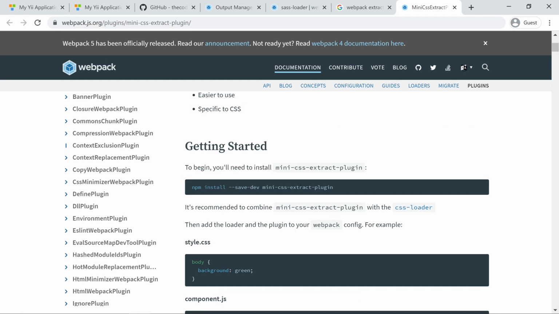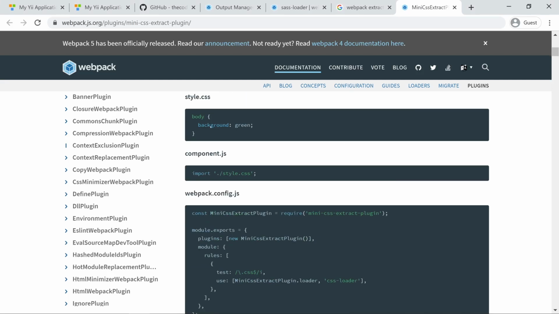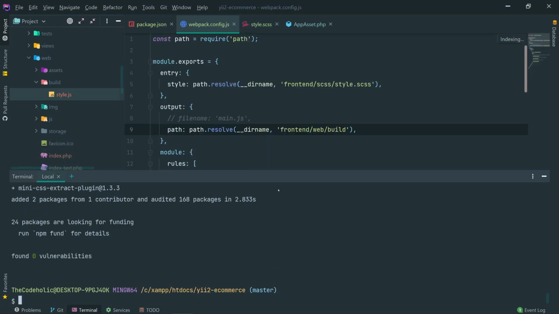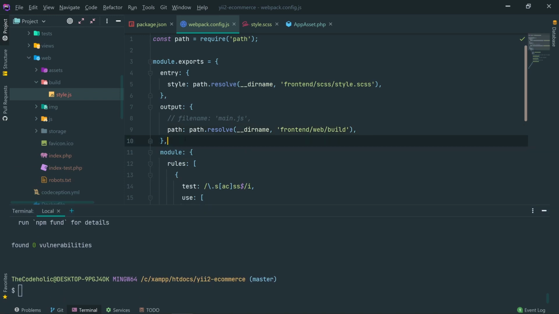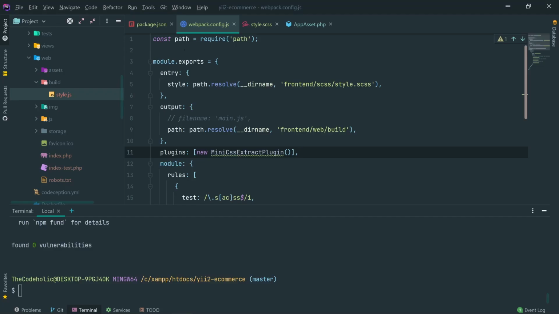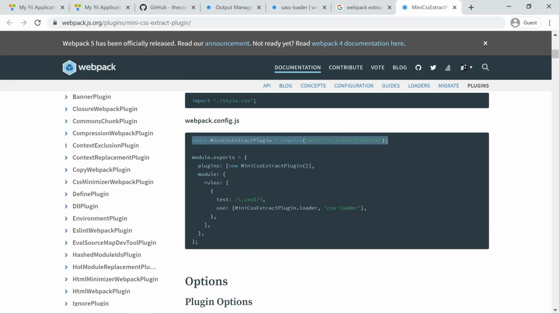So how to get started? We need to install the following plugin. So let's install that. And then in the configuration inside the plugins, we have to specify that specific plugin. So let's open that Webpack config, and inside the plugins we specify that, but we have to require that plugin as well. So I'm going to write this here,